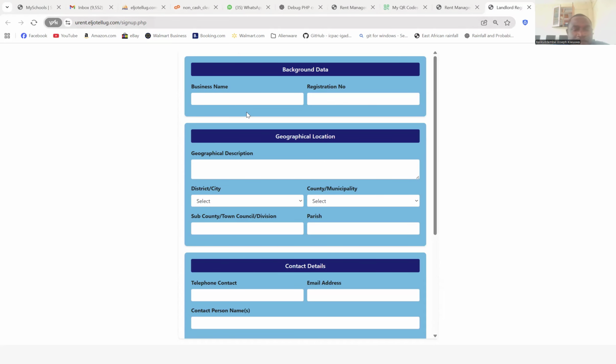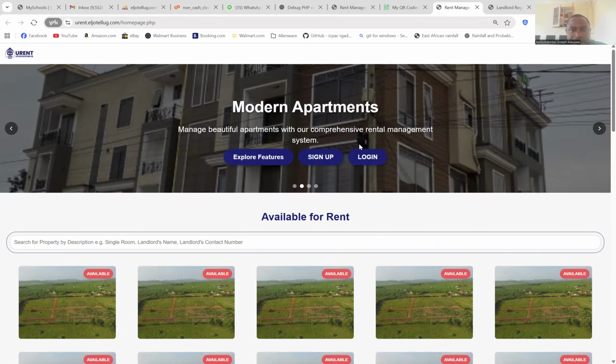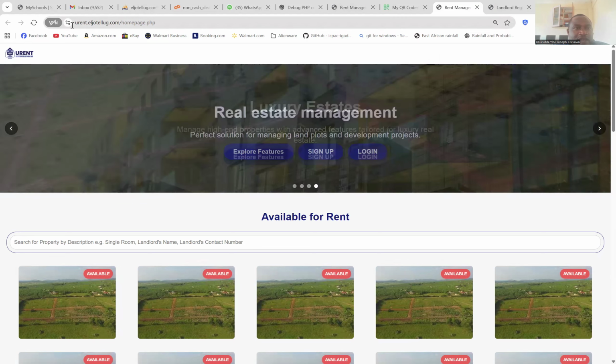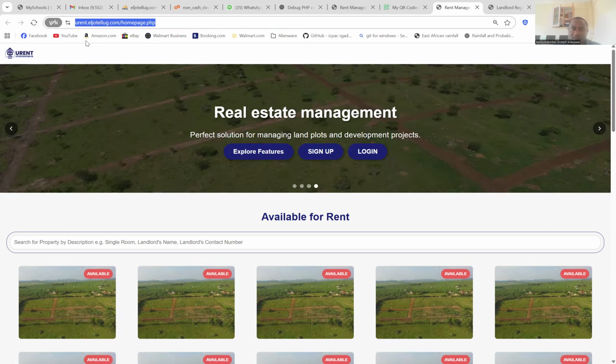Yes, hello everyone. This is the Urent Management Information System. So you need the URL, which is urent.ug. And when you get access to this URL, you come and click on